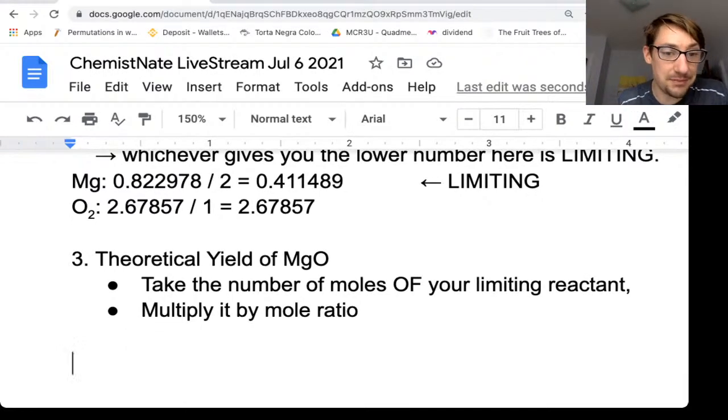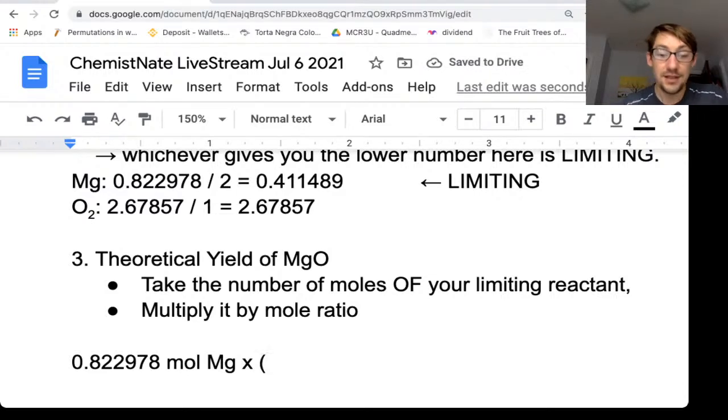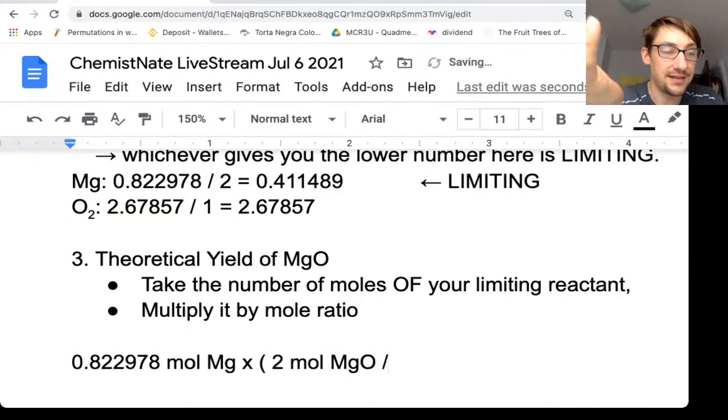So I have my number of moles. Now be careful. You're actually using the number of moles here. This is 0.822978 moles of Mg. And you're going to multiply it by a fraction. That fraction will always be the coefficient of the thing you are asked to calculate. In our case, it's MgO. That's 2. And if you want a unit, it's the number of moles of MgO that you make for every